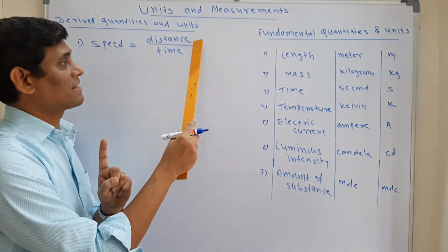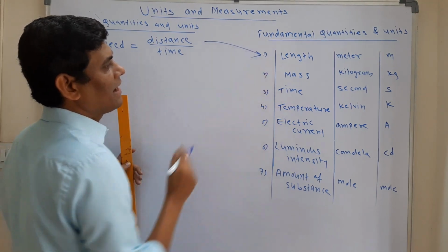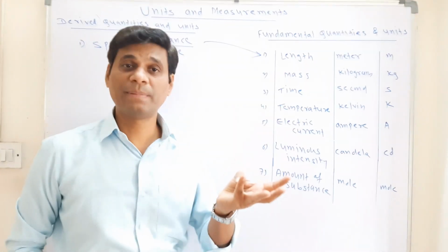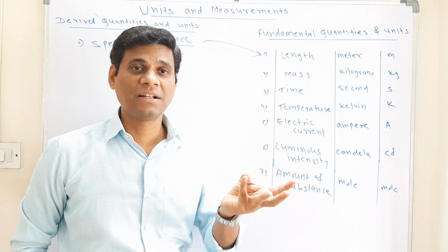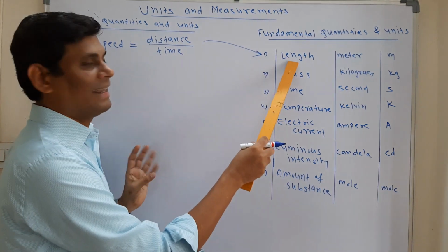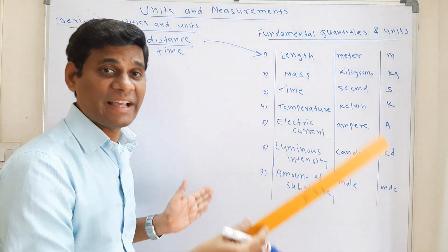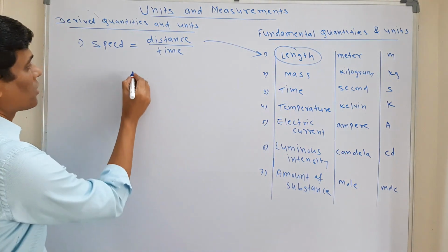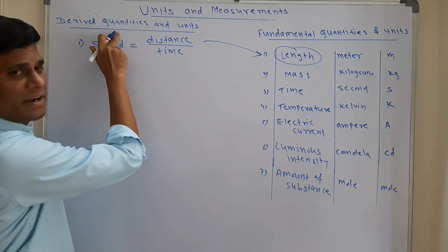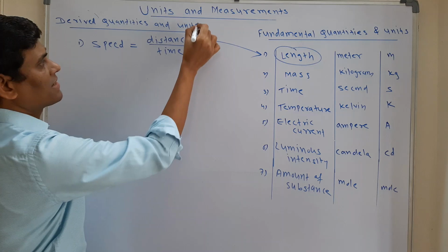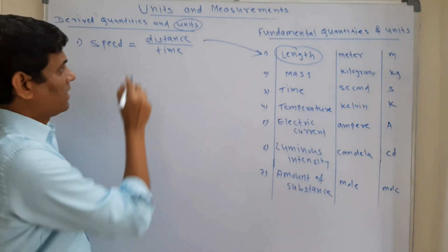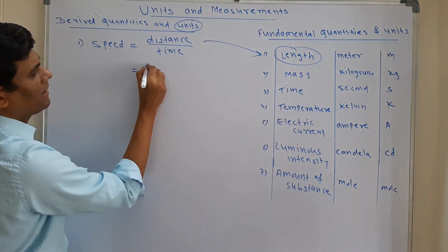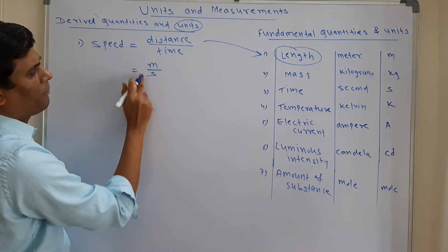Remember students, distance is nothing but which fundamental quantity? It is length. We use different words. Sometimes we use distance, sometimes displacement, maybe height. Fine. But all are basically length. Sometimes we use breadth, sometimes thickness, but all are the fundamental quantity of length only. So I can say speed is a derived quantity, and the unit of this derived quantity is called a derived unit. What will its unit be? Unit of distance means of which physical quantity? Length. Unit of length is meter and time is second. So meter per second.